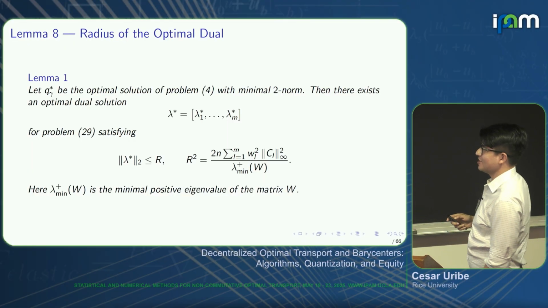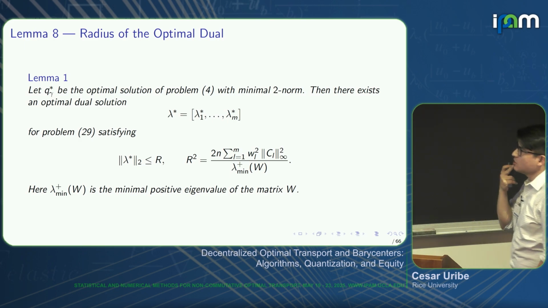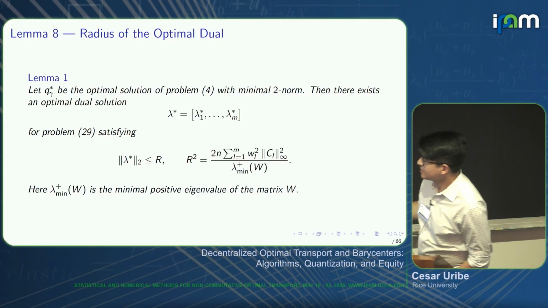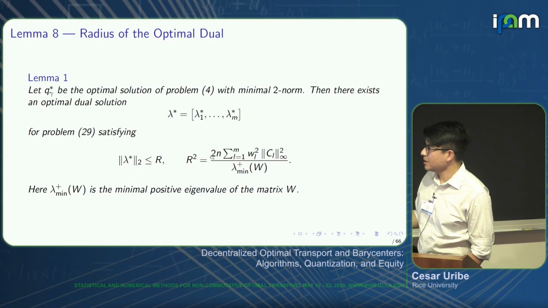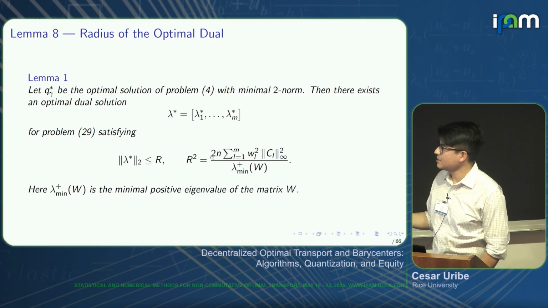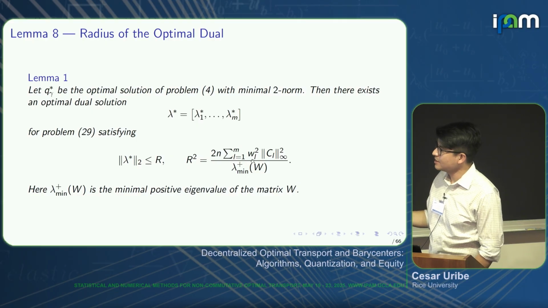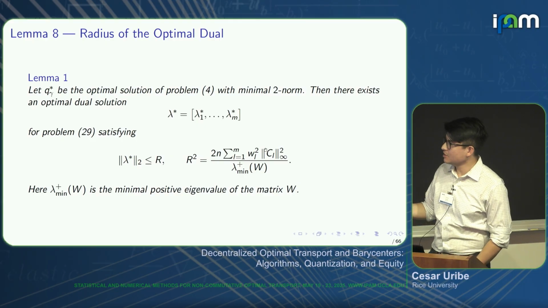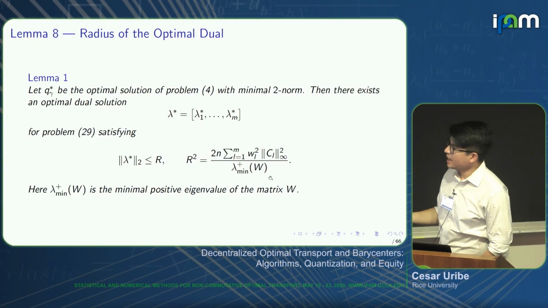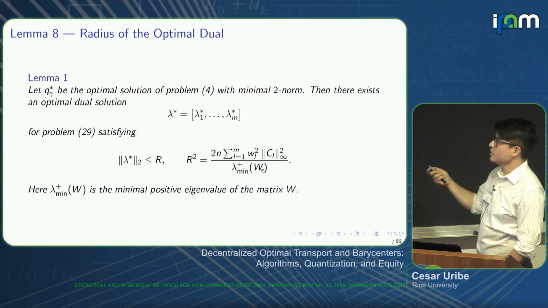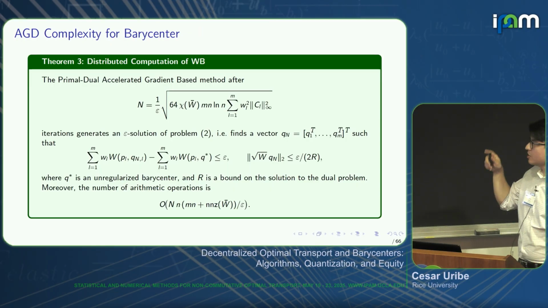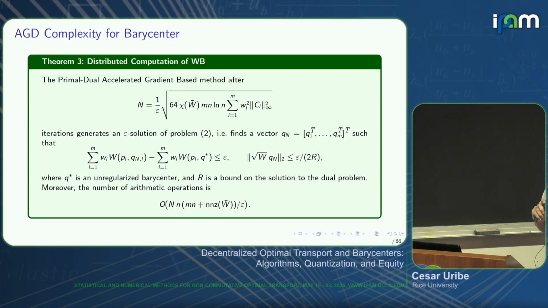But yeah, this one I'm not sure. But yeah, and then we can sharpen these bounds even more. We can provide explicit bounds on R based on some analysis, and it will depend on the weights, on the largest cost of your cost matrix, the infinity norm of your cost matrix, and on the minimum non-zero eigenvalue of your graph Laplacian, right? If you plug all these things in, then we can have maybe a slightly more refined version of these bounds,